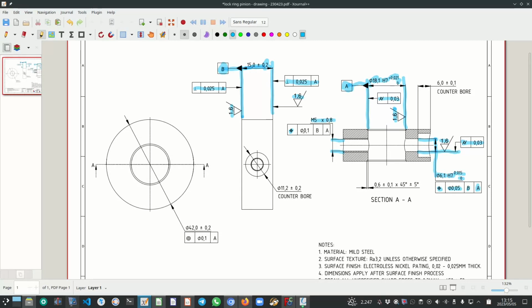So we can say M5 by 0,8, and then what I've done, once again, constraining the position, and now I can relax even more than the diameter 50. So I've got a diameter 0,1 relative again to datums B and A. Coming to think of that,